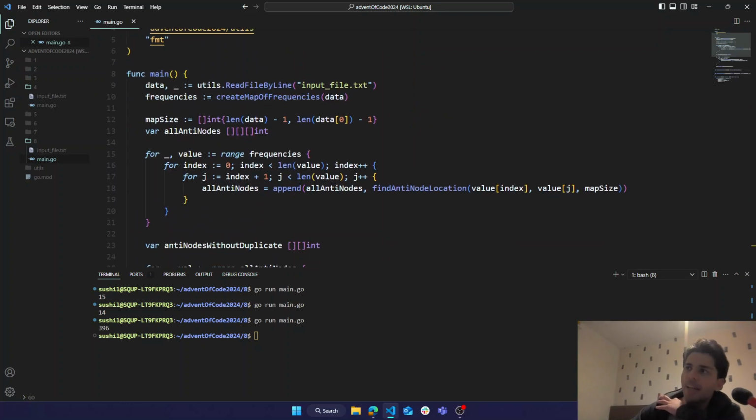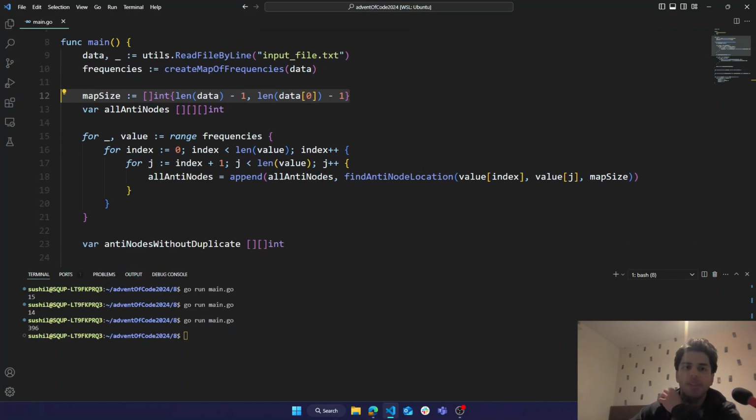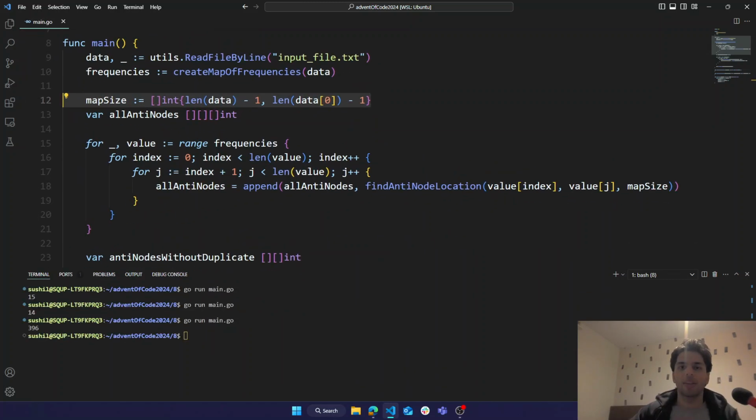We get our data like we normally do. Map size is just the size of the map, so the rows and the columns. You can see it better like this. I have a 3D array for all of the antinodes,